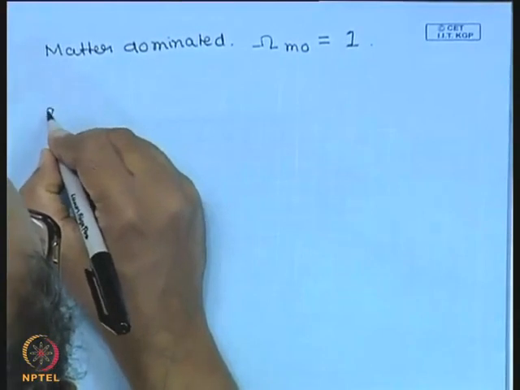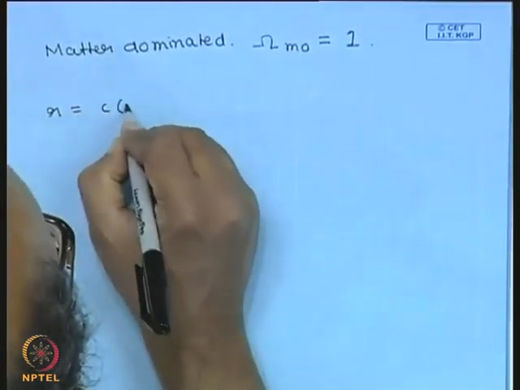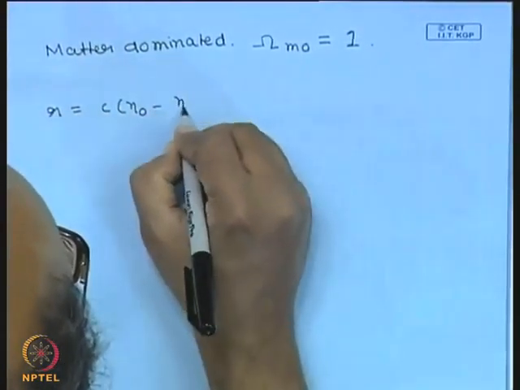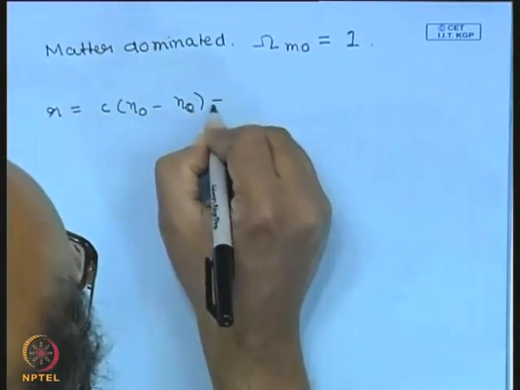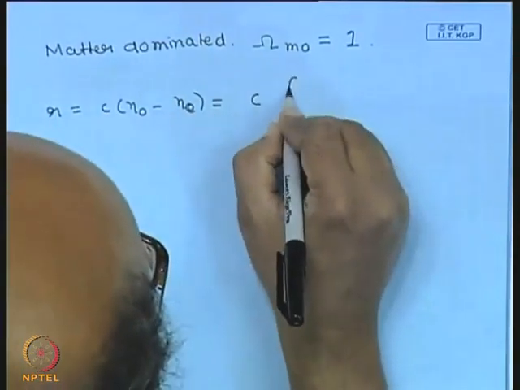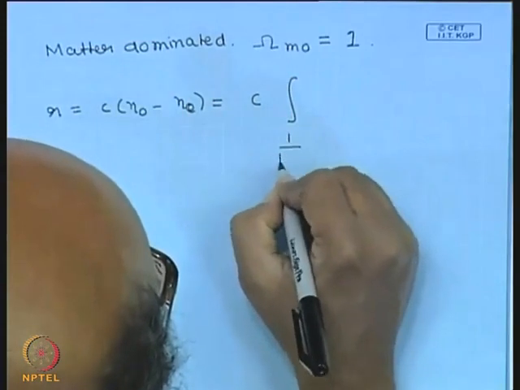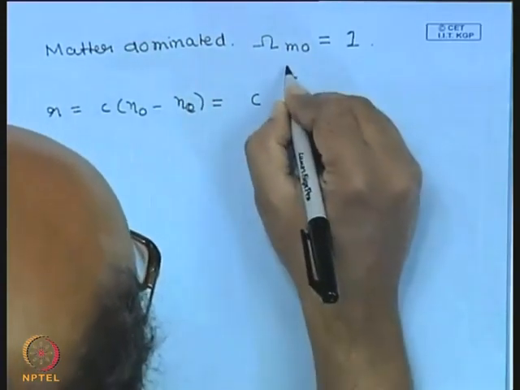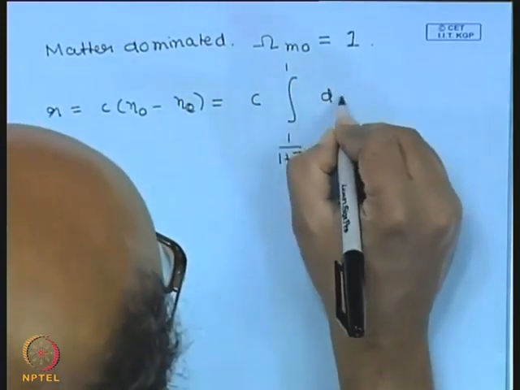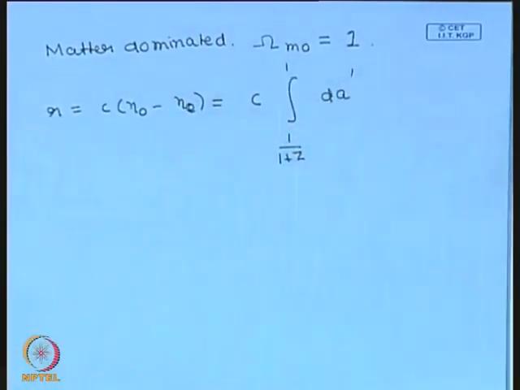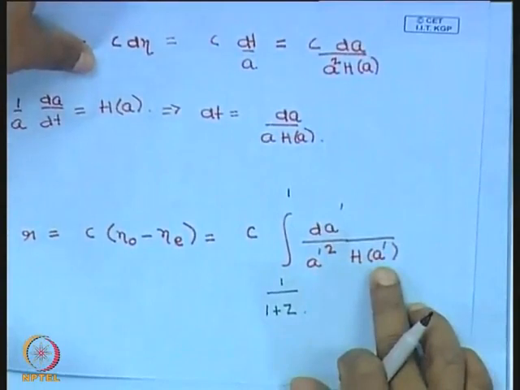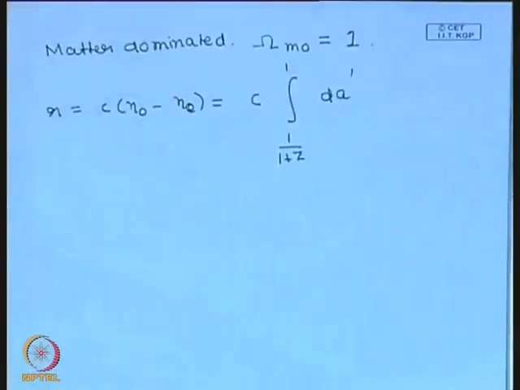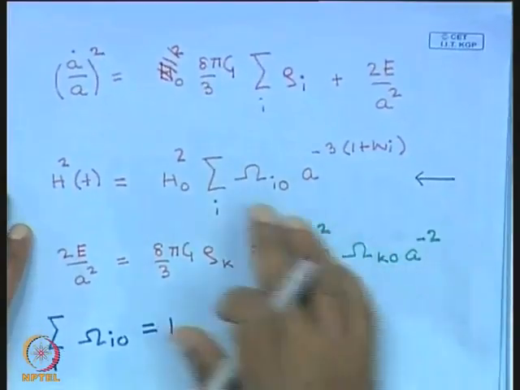Okay, so r is equal to c times the integral. We are going to put in the value of H of a here, and H of a in this particular model,